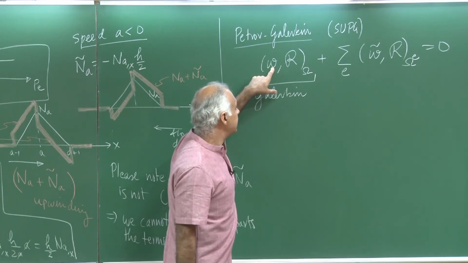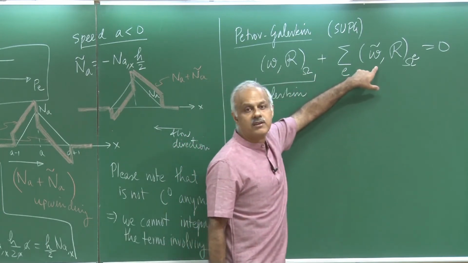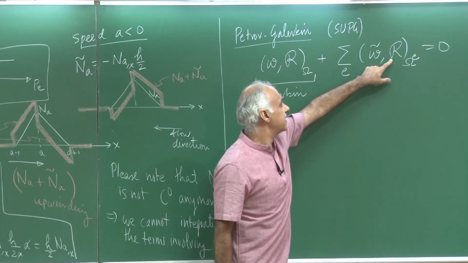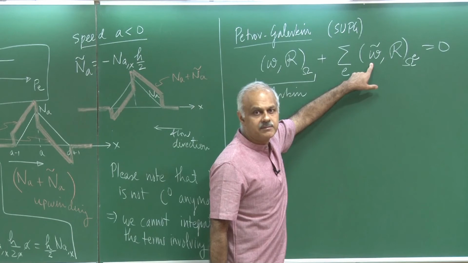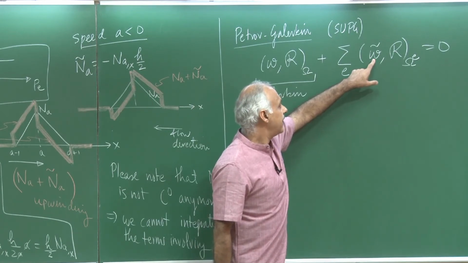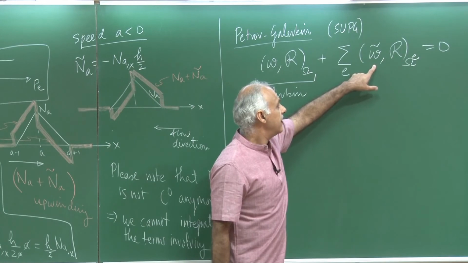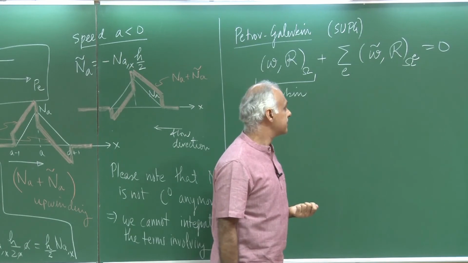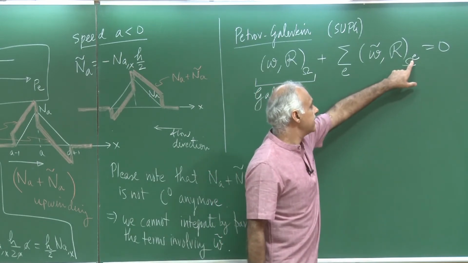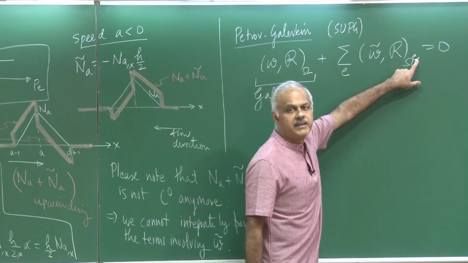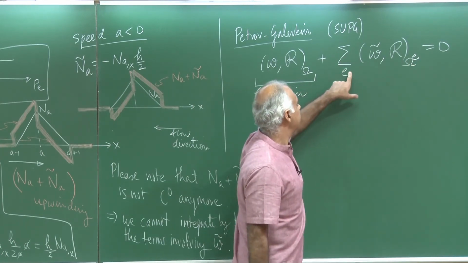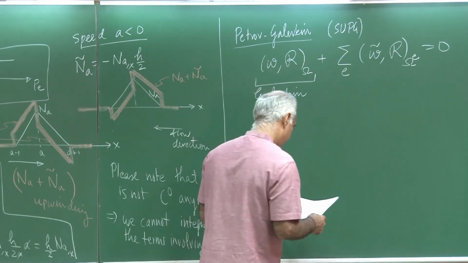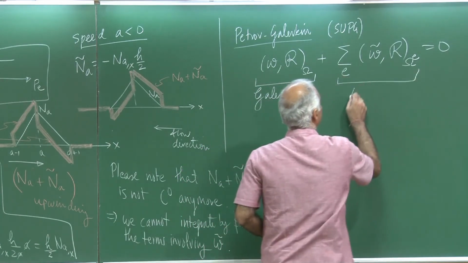So, even if W's are C0, W tildes are not. So, we will not be able to integrate by parts if there are any terms that we would like. We just leave them in their original form, and the integration has to be carried out at the interior of all elements because these are no longer continuous functions. So, that is what is written here. The integration is over element level domains, and then we take the sum over all the elements. So, we can get the entire domain. Okay. So, these are the added stabilization terms.